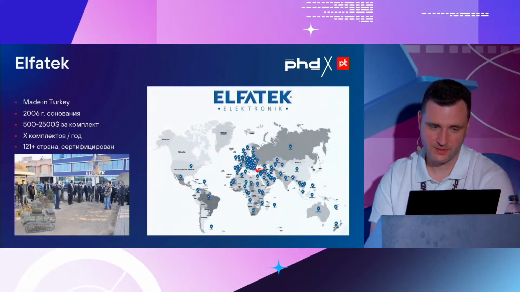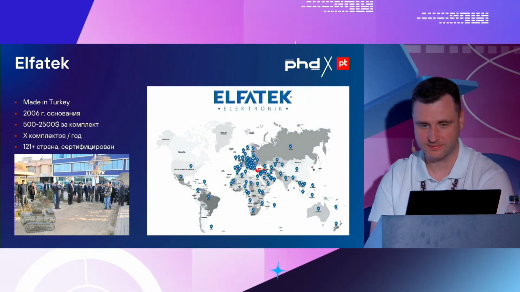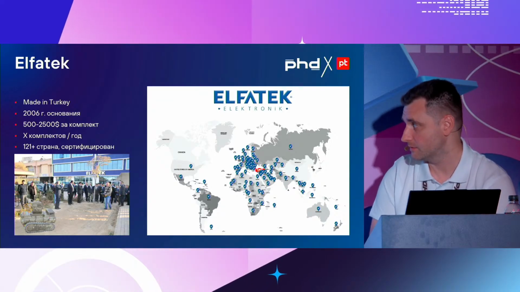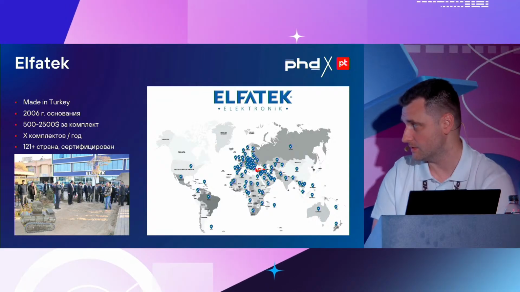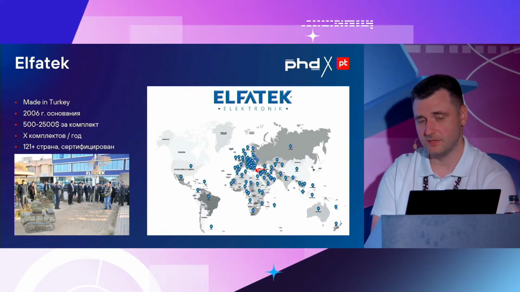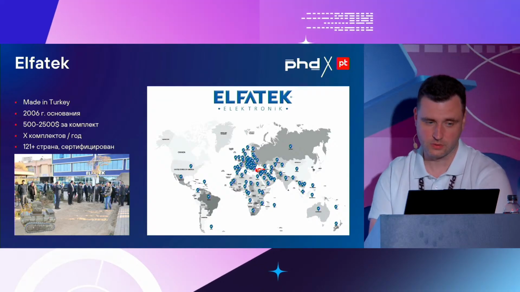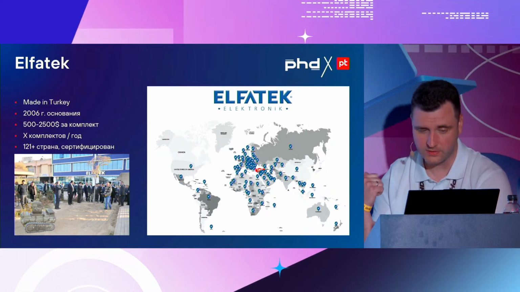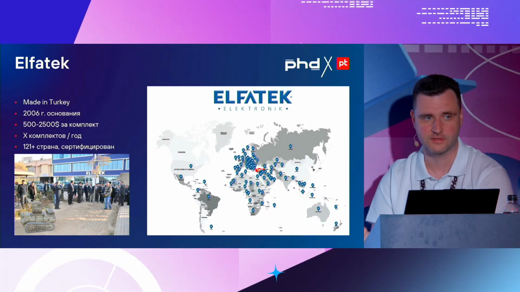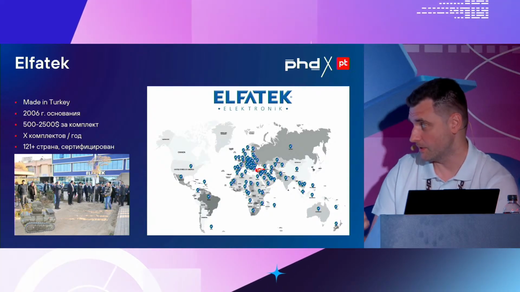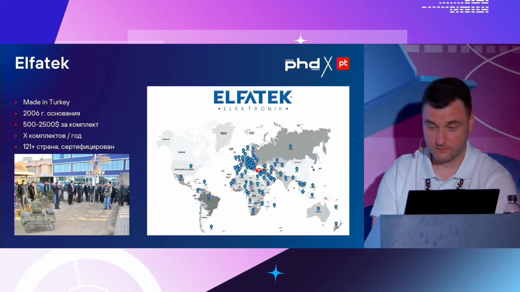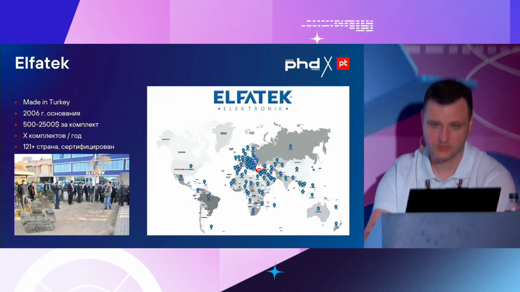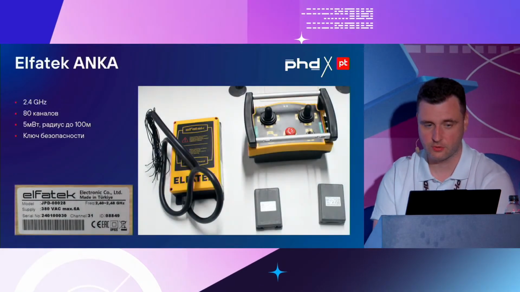We decided to take something non-Chinese, something that Trend Micro didn't analyze and that is available in the Russian market. This is the Turkish system called Elfatec. It is actually more expensive, ranging from $500 to $2,500. We do not know how many sets they are selling, but they have a lot of pictures of their office and their production, which suggests they are selling a lot, to 121 countries. And it is certified anywhere you want, and we bought something more